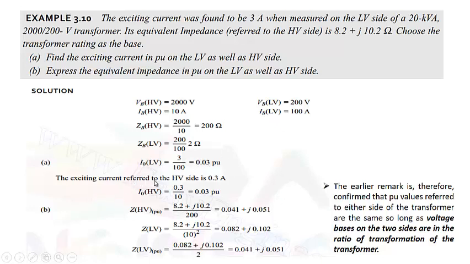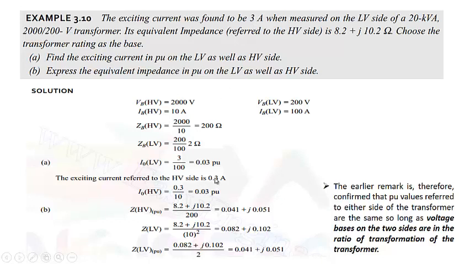The exciting current referred to the high voltage side has to be divided by 10, because it will be reflected to the other side of the transformer by the inverse of the voltage ratio. So when it is referred to the primary, high voltage side, this current will be